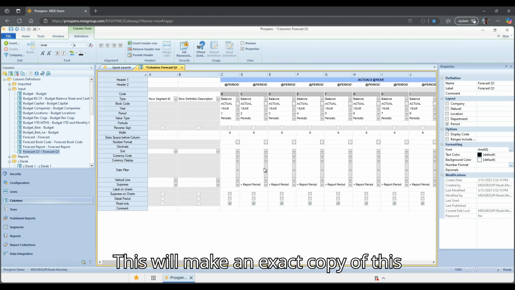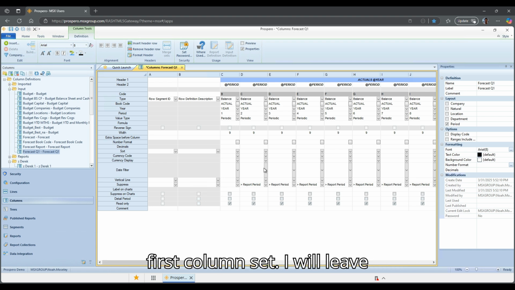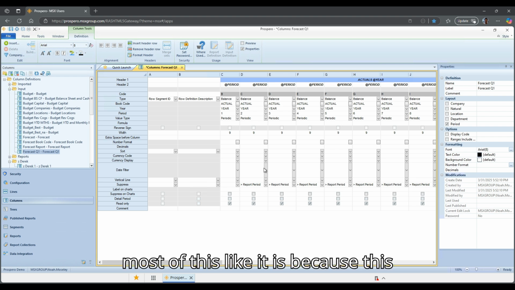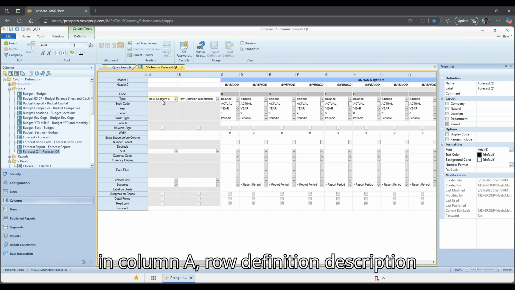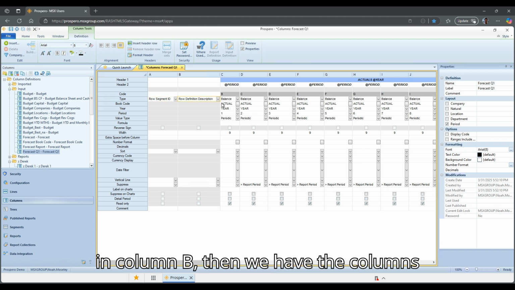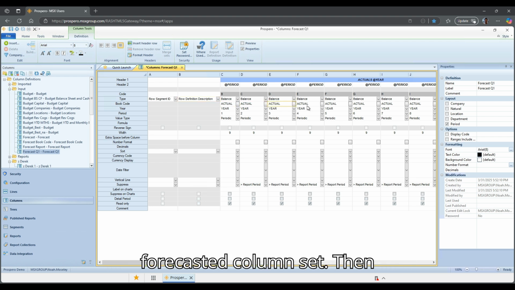This will make an exact copy of this definition. Everything is the same as that first column set. I will leave most of this like it is because this column set currently has row segment ID in column A, row definition descriptions in column B. Then we have the columns for actuals, which we would need for a forecasted column set. And then after I get past all the monthly actual columns,